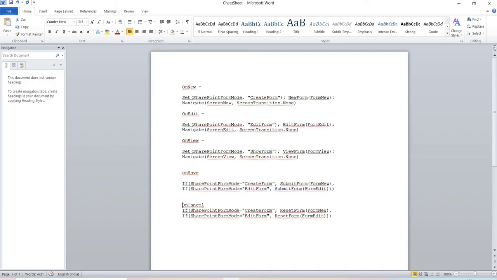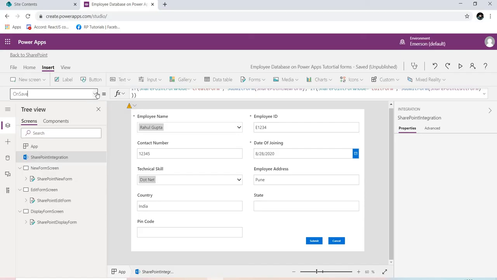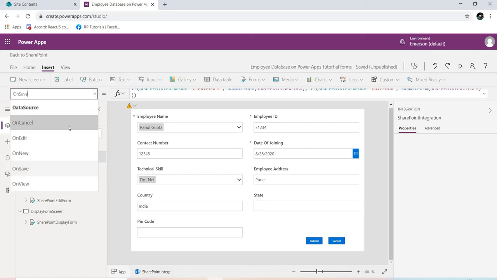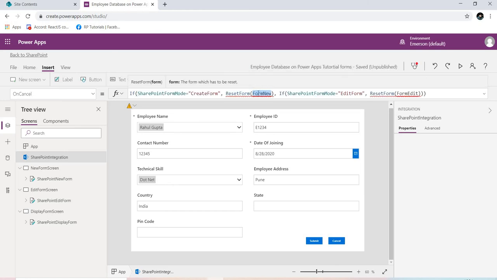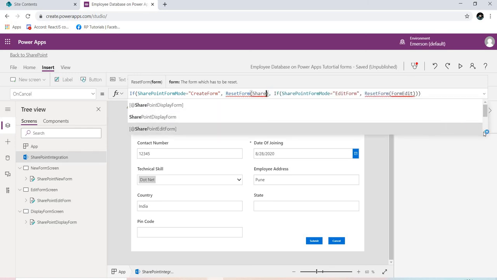Now on cancel. What happens if you click on the cancel button? We have to request hide when we want to cancel our entry. So you can reset the form. So here we have new form. By default we'll put an if condition. So if SharePoint form is create mode, I want to reset SharePoint new form.